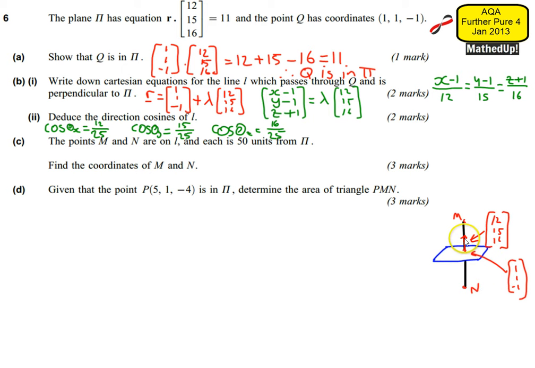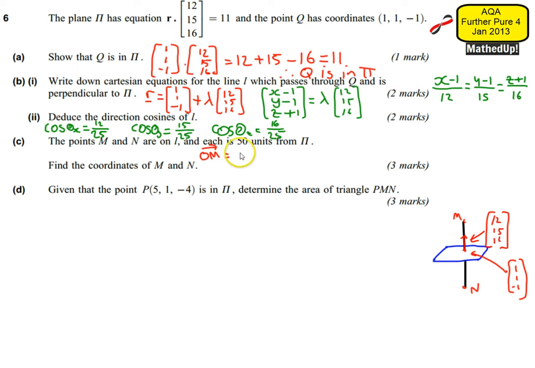So when lambda is equal to 1, I'm adding on 12, 15, 16 once, but when lambda is equal to 2, I'm going to add it on twice. And if lambda is equal to negative 2, I'm going to take it off twice. So I hope that kind of makes sense. So what I'm going to do is let lambda equal 2, and then let lambda equal negative 2. So for point M, we'll call that OM,